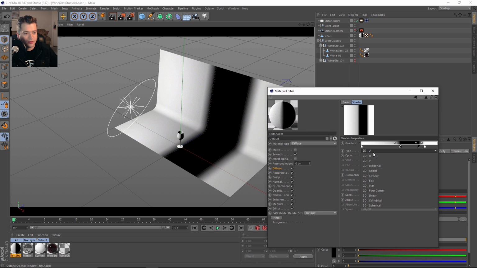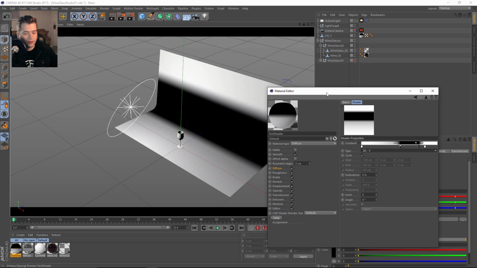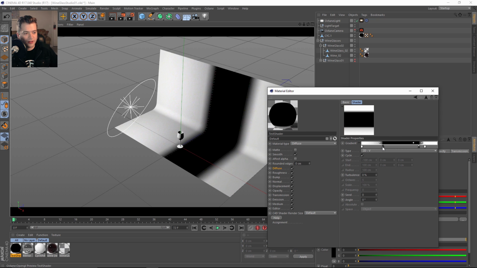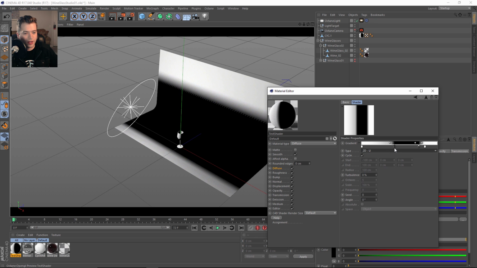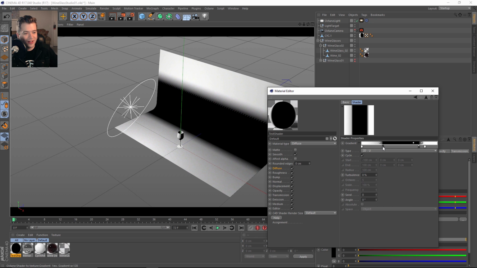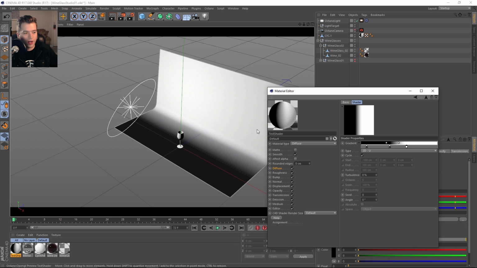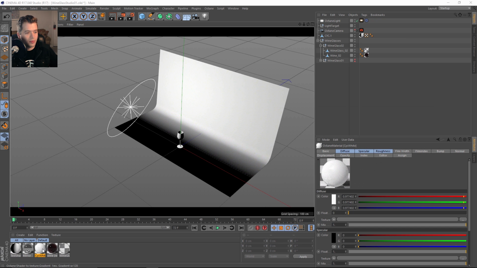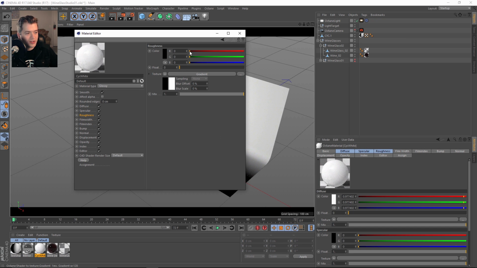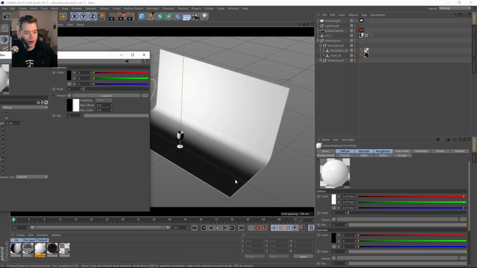Let's see if we can update it. There we go, in the viewport. And I would slide this down so that, there we go. Now it's keeping up with me. Okay. I would slide this down so that I would get a 100% black floor, and that I would get this backdrop to be white. And this was just a trick so that I could throw this into the roughness channel of the cyc background so that I could keep the floor very reflective but keep the backdrop very diffuse.